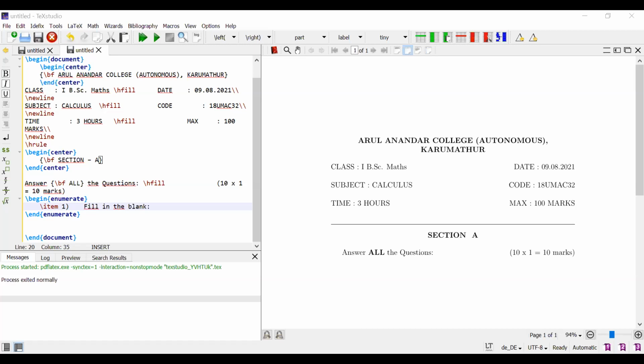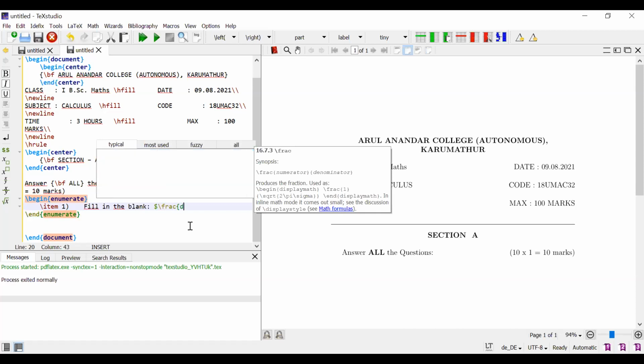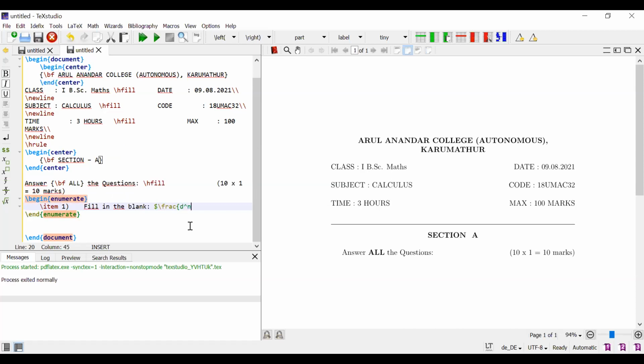Okay. So we use frac of d superfix n, dx superfix n of ax plus b whole power n.